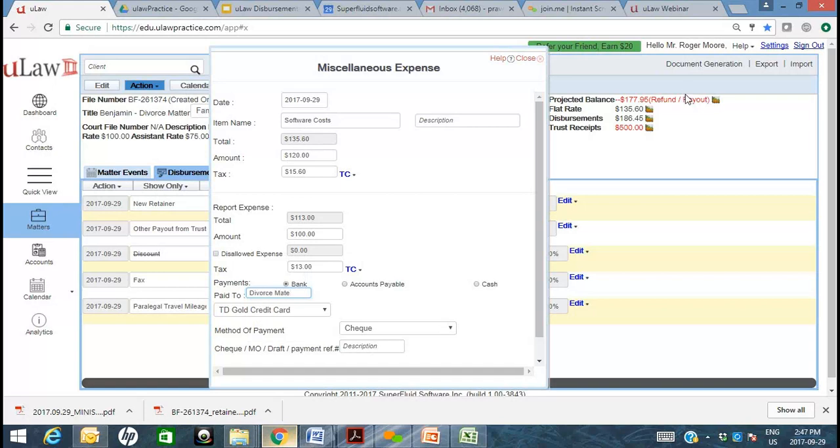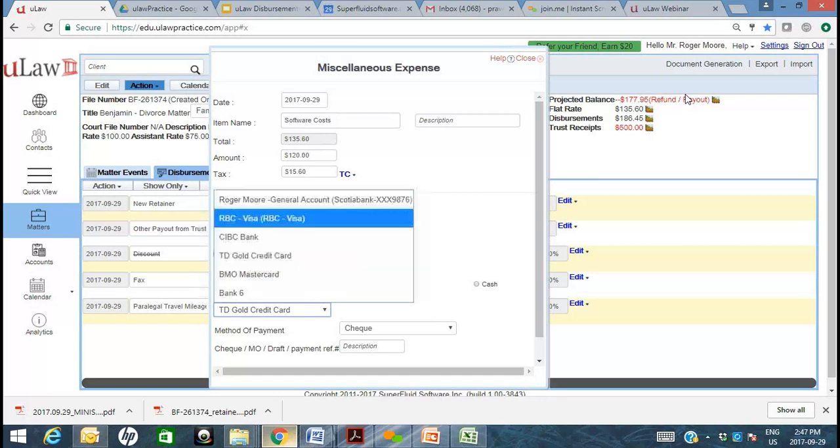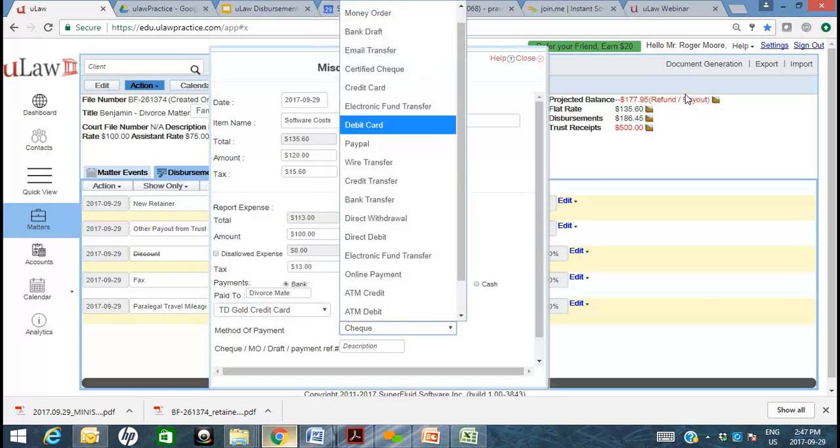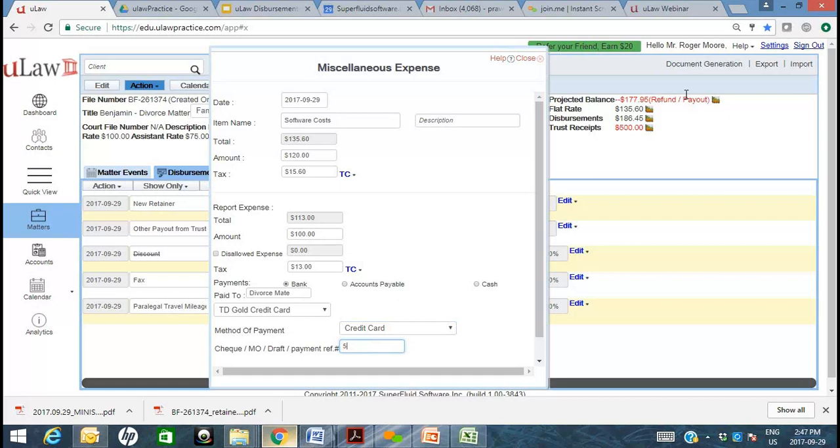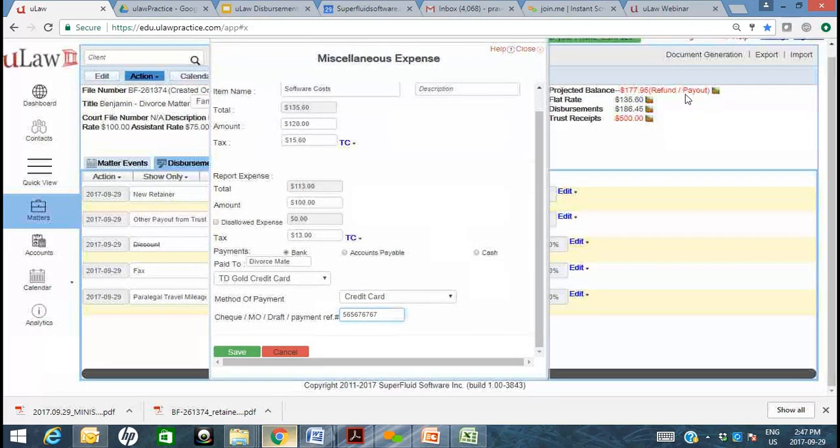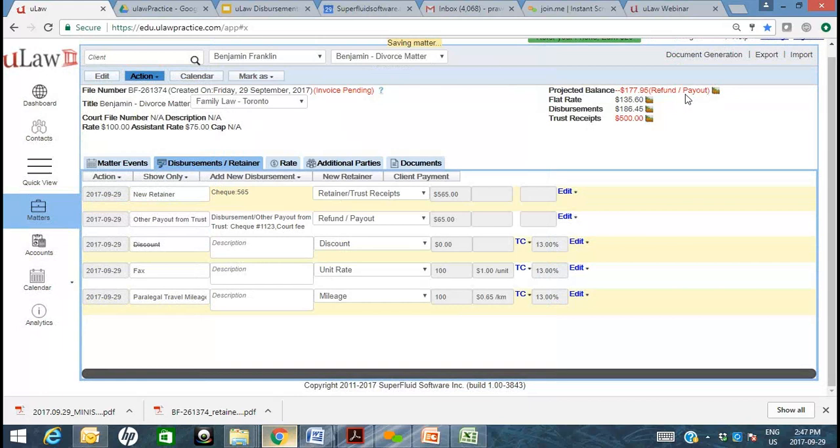could be anybody, but how did you pay for it? So if it's going to be a credit card, let's do that. The credit card company would obviously give you a transaction number. So here's another disbursement that's just gone in. As you continue to disburse for your client, keep in mind that you still haven't made your money. This is still not your money because you still haven't raised that invoice. That's what's being highlighted: there's an invoice pending. You obviously need to raise that invoice so that you can make that money yours,